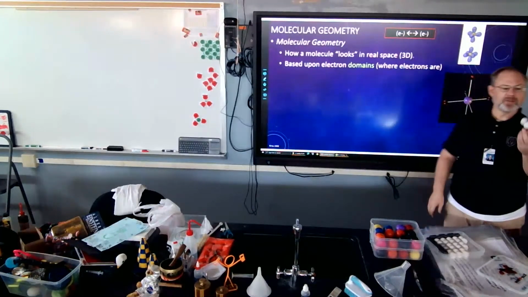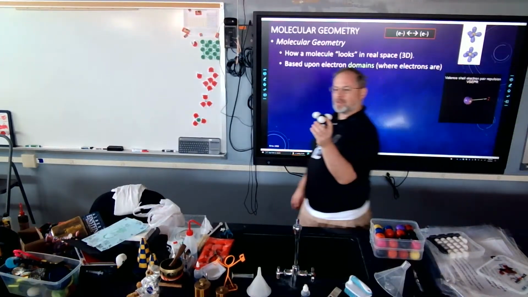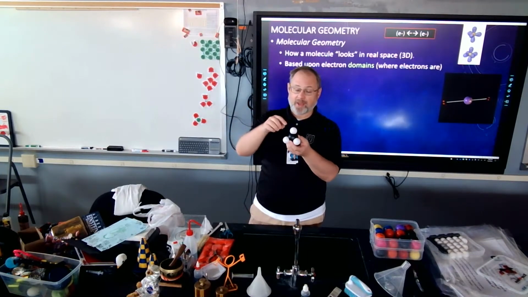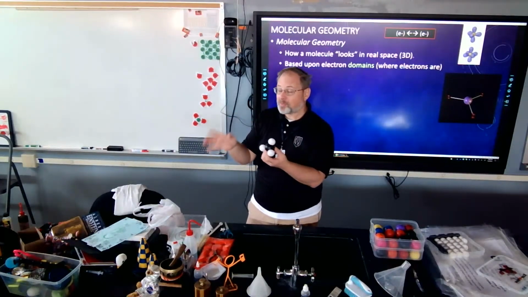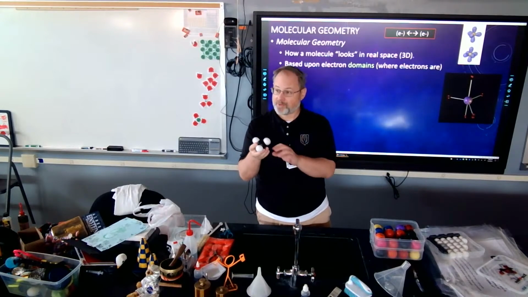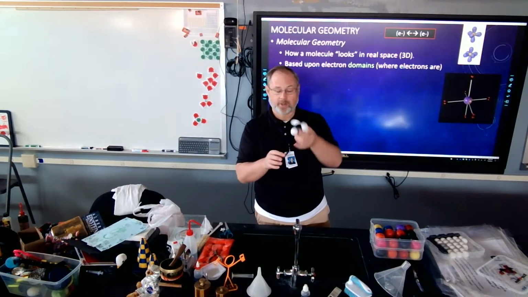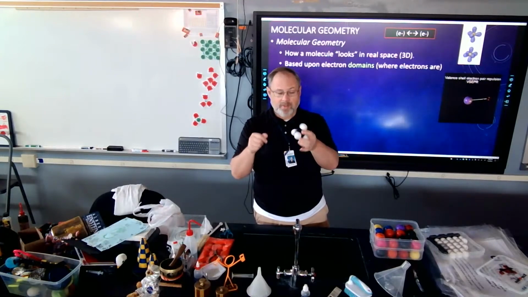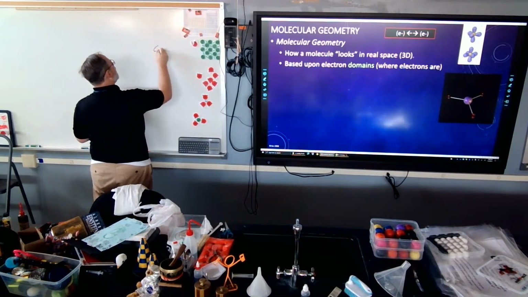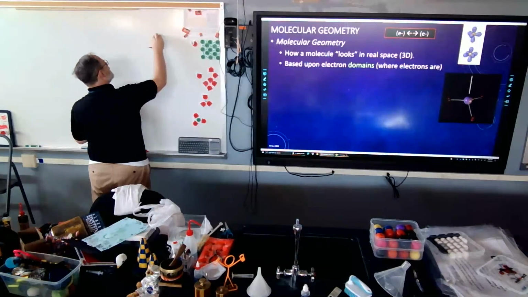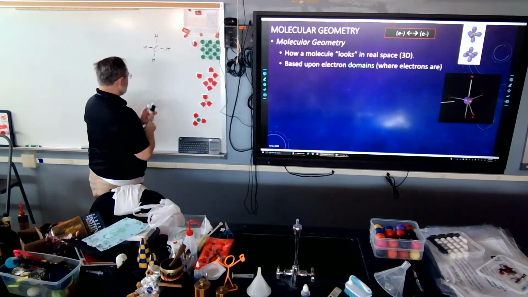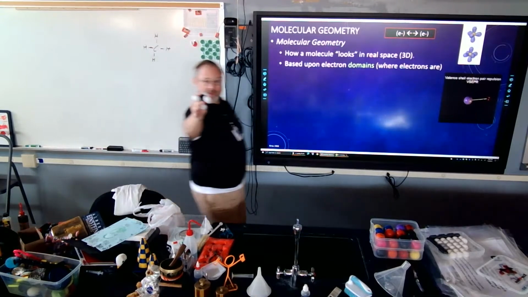CH4, it looks like this. And the reason it looks like this is the bonding pair that connects the carbon to the hydrogen wants to get as far away as possible from the other 3 bonding pairs that connect the carbon to the hydrogen. So you have 4 bonding pairs, 4 sticks, that in 2 dimensions look like this. So if we draw the Lewis structure of methane in 2 dimensions, it looks like this. You're like, hey, I recognize that. I made that a billion times. But in 3 dimensions, it looks like this,